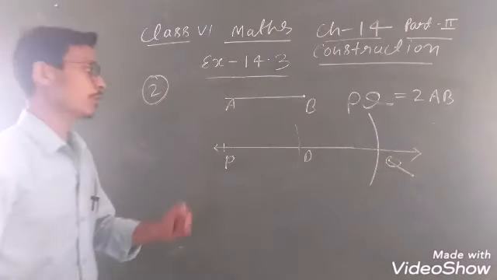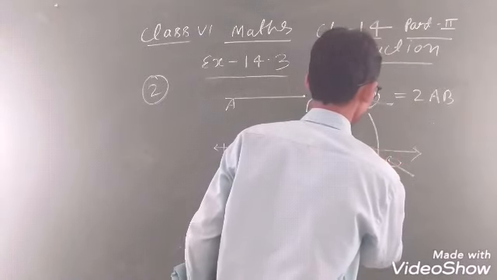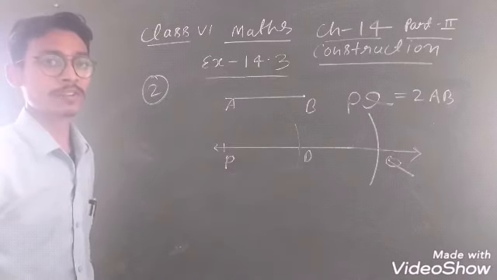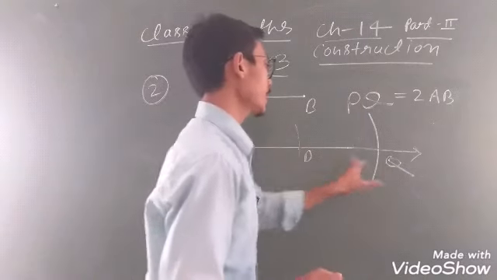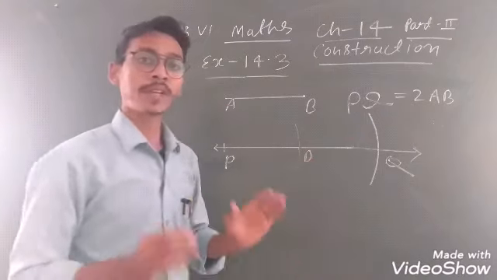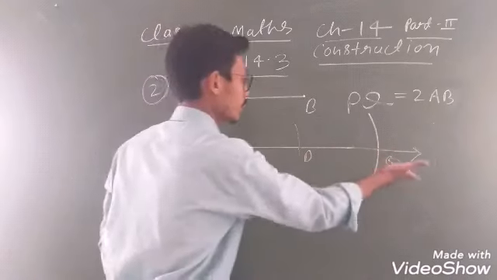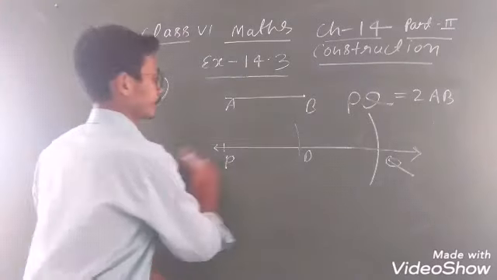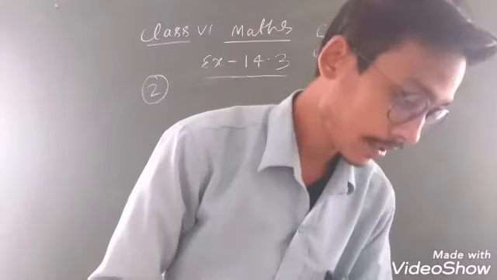Now you know that, sorry, this is PQ, you can take PQ। अब देखो you can see student carefully कि this line PQ should be twice of AB because P to D this is AB and D to Q this is again AB, it means PQ is twice of AB, ठीक है ना। And in the diagram you can also see देखो AB is like that and PQ is this one, this is twice of AB, ठीक है ना। चलिए तो this is our 14.3.